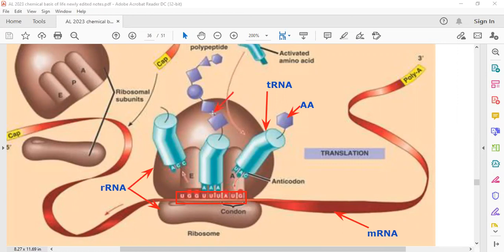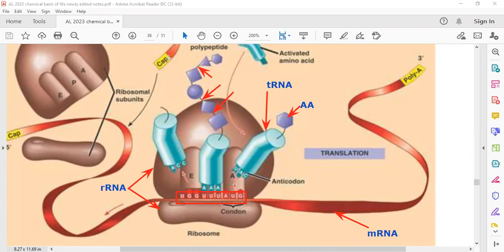So, here is a very important lesson, Farah, today. I have recorded this lesson on behalf of Farah. I know you are absent, so I recorded it today. A very important portion, not like the previous ones. So these are the peptide bonds. The peptide bonds are created by the rRNA.